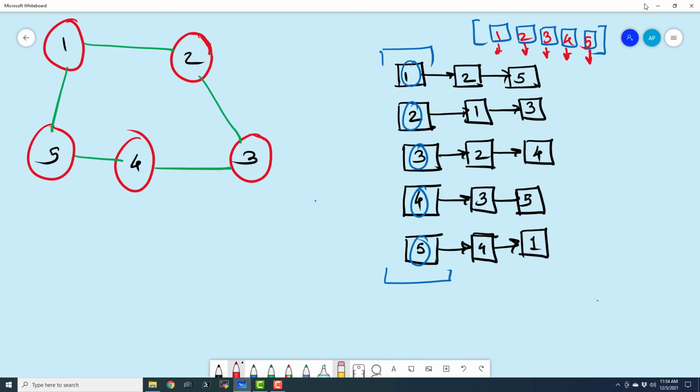Now you can see that there are only a few blocks that are occupied with very meaningful data. So we have 1, 2, 5, 2, 1, 3, and this way we have only 15 blocks of data that are consumed, in contrast to the earlier example of the adjacency matrix, where we were consuming a lot of space for storing all that same information. Obviously, programmatically this is more complex, but we are at least saving the space. So this is always a juggling between space and time.